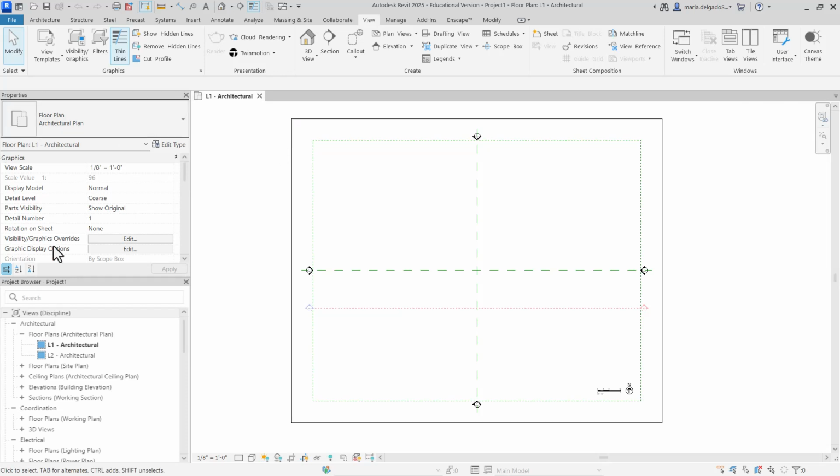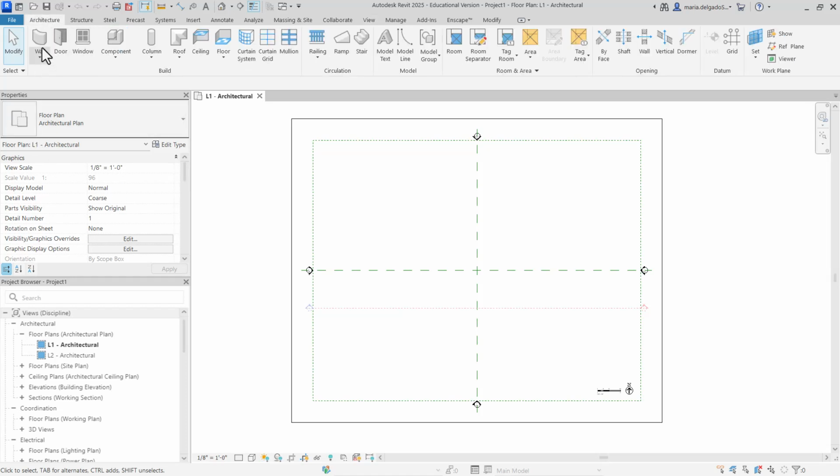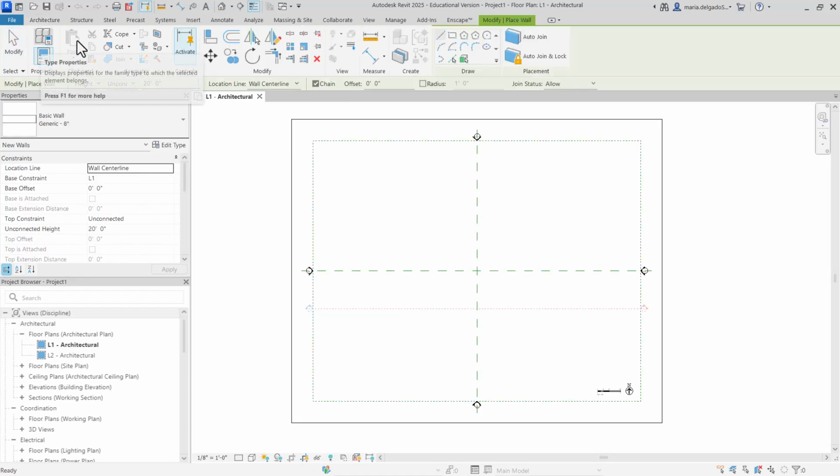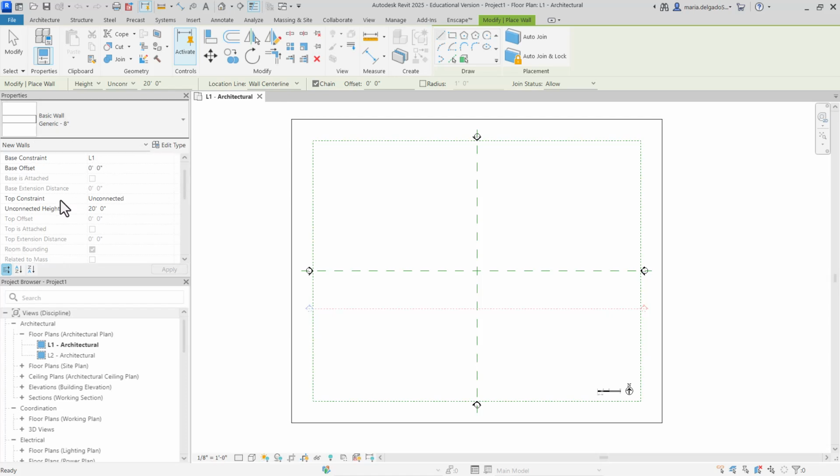In Properties, you'll be able to find all of the information that's associated with the building element. For example, if I select Architecture and I select the wall, all of a sudden I'm seeing the options for a generic 8-inch wall. It's telling me that this wall does not have a top constraint and it has a height of 20 feet.